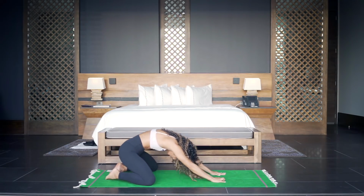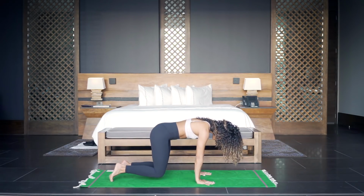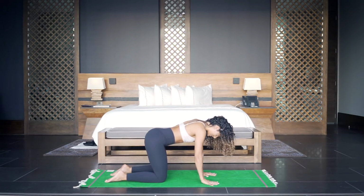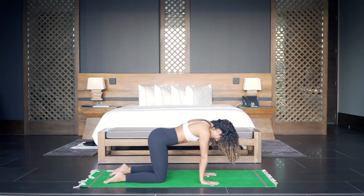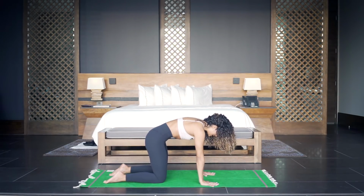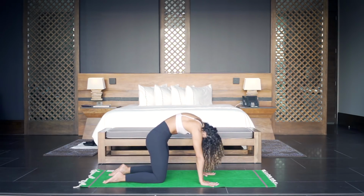And then inhale, pull forward into an all fours position onto the hands and knees. Adjust your knees so they're hip distance and your hands so that they're shoulder distance. And then from here, I want you to take a nice deep breath in and just let the spine relax here. So breathing in, and then as you exhale, belly button to the spine, push the floor away, head down,